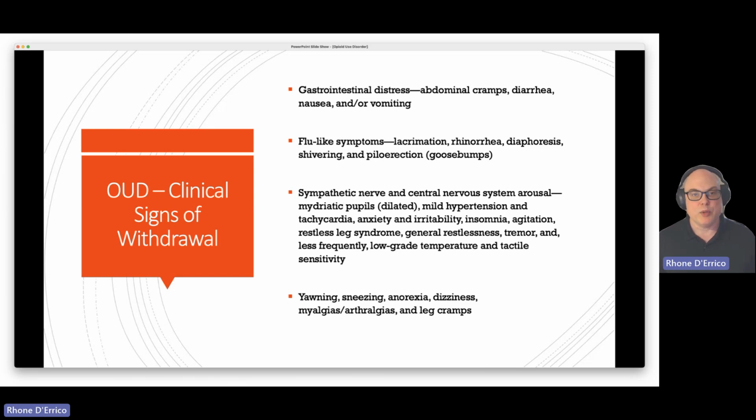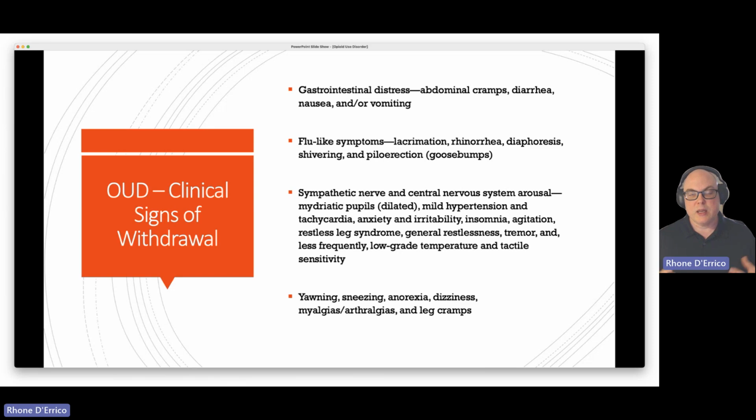That's dilated pupils, right? So remember, pinpoint pupils was intoxication. And one important and easy way to remember those signs of withdrawal is they are going to be pretty much the diametric opposite of the signs that you see in opioid intoxication, right? So opiates cause severe constipation. Well, when you stop, you're going to see diarrhea. Opioids cause a lot of flattening of the sympathetic response. So they dry you out a little bit. You're not seeing a lot of runny nose, tearing, sweating and shivering. You take them away and you get that sympathetic arousal and you start seeing those signs.